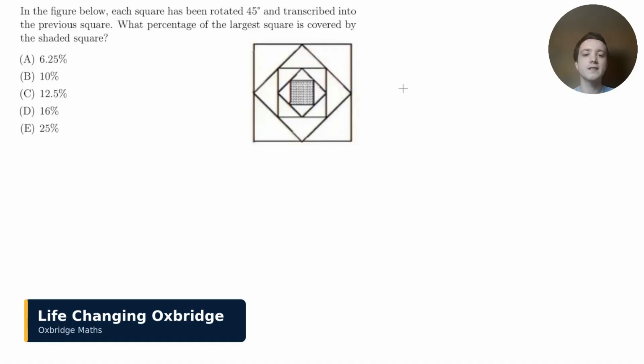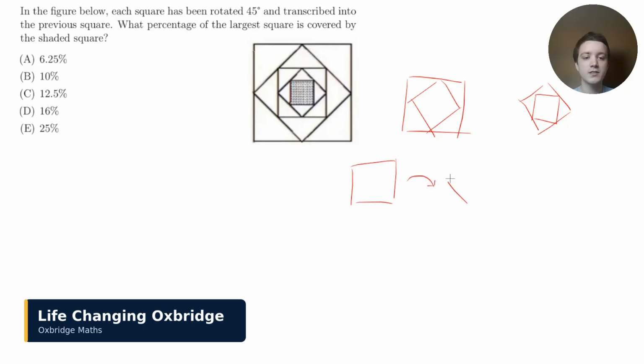So the key thing to note here is that to get each new square from the old one, we're using the same process. So over here, let's say this is our starting square. To get the new one, we rotate 45 degrees and we have to scale it down a little bit to fit it into the previous square. If we imagine the next step in the process, sure, our original square is a bit rotated, but it's the exact same thing. In particular,